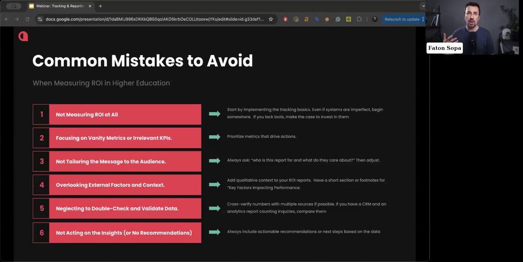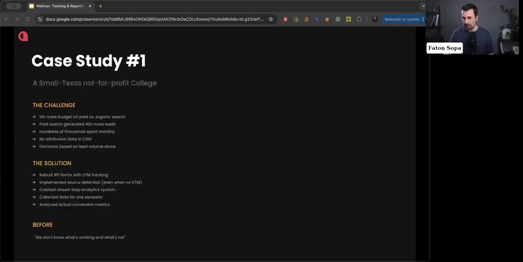Sometimes a team will put a lot of effort into measuring and reporting ROI, but then nothing changes. And that is a missed opportunity and can lead to the question, so what do we do with this information? So sometimes when you include reports, you don't have recommendations below that data. Sometimes it's the same as not reporting that data at all. So my recommendation is to include actionable recommendations or next steps based on the data that you show.